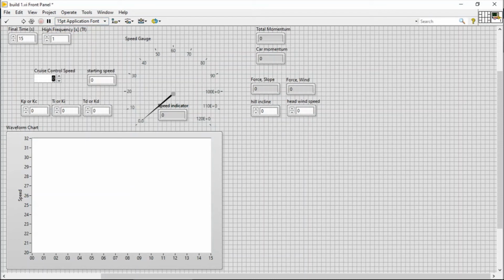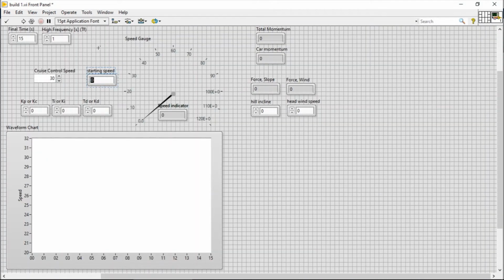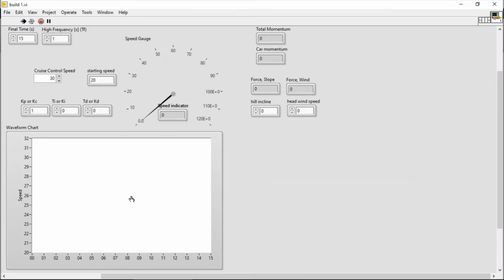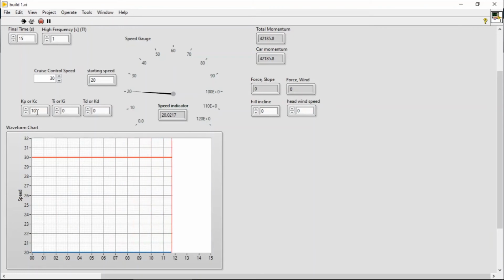My cruise control speed, like I was saying in my sample, I ran it to 30 miles per hour. My starting speed, I want to start at 20. And then, like all things, the initial sample, 100. When you run it, you'll see there's really no movement down here at all. It's going to stay at 20, and even if you bring it up to 10,